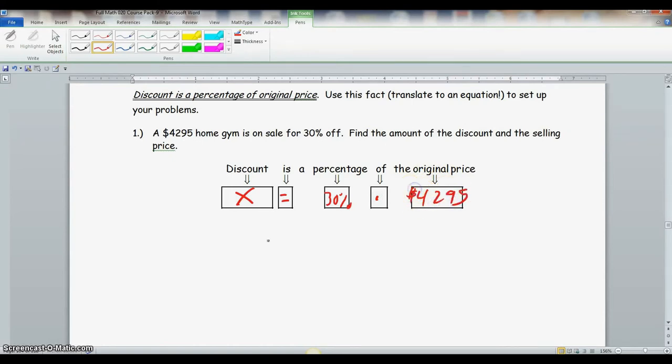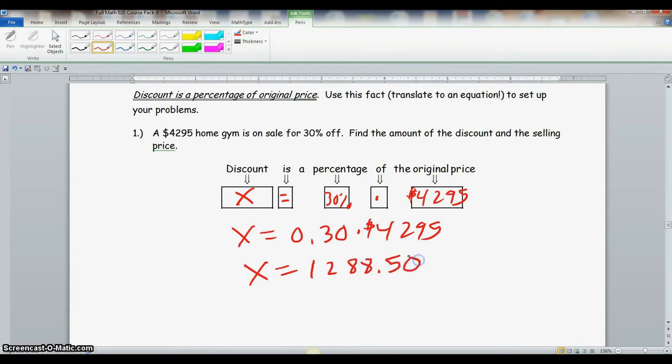$4,295. So we add X is equal to 30%, which is 0.30, times $4,295. So X is equal to 0.3 times 4,295, which is equal to $1,288.50. Now, we know that this is the discount, but now we want to find out what the selling price